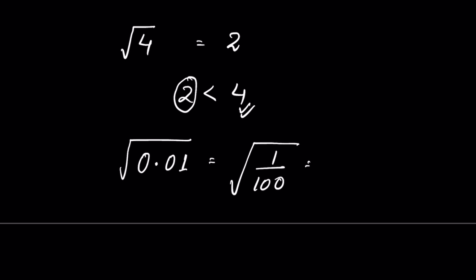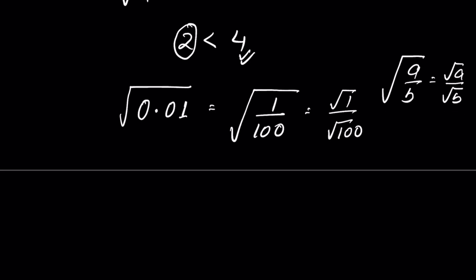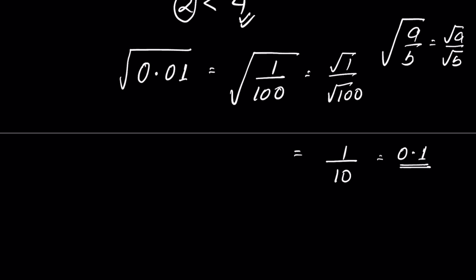This means a upon b under square root, and we can write it as square root of a upon square root of b. So it will be square root of 1 upon square root of 100, or this will be 1 upon square root of 100, which is 10. So it is 0.1. And this 0.1 is not less than 0.01. It is bigger than 0.01. So the number here is